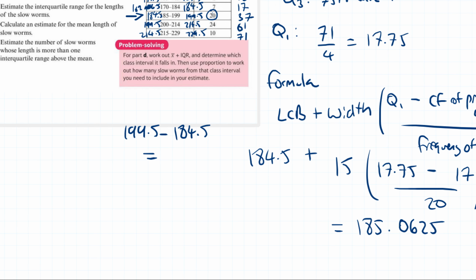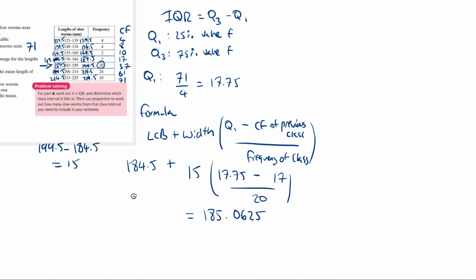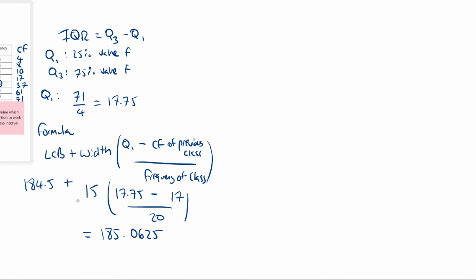So from here, put that in. So we found Q1. There is another method that we were going to use for Q3. Now again, you can use this method all the way through, or you can just use the following method that we're going to use. So Q3, we're going to use what's called the ratio method. So again, to find Q3, you are going to do 71 times 3 over 4 to find, again, the 75th value. So 3 over 4 times 71 is equal to